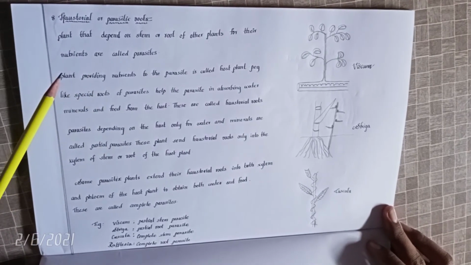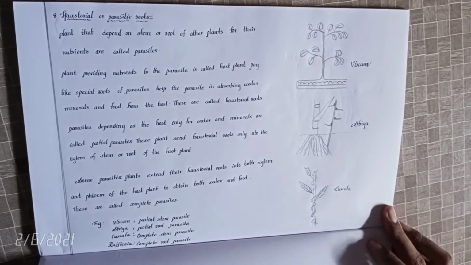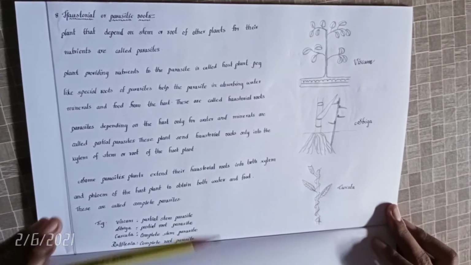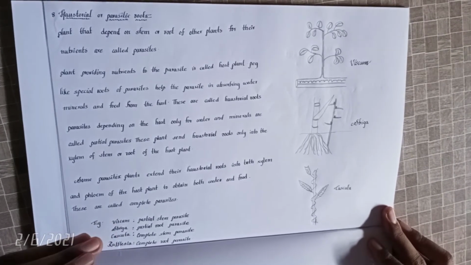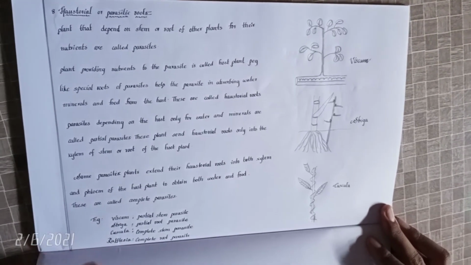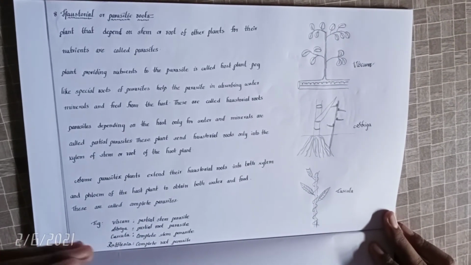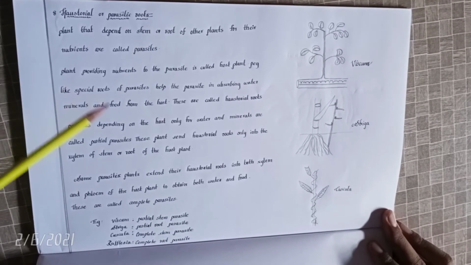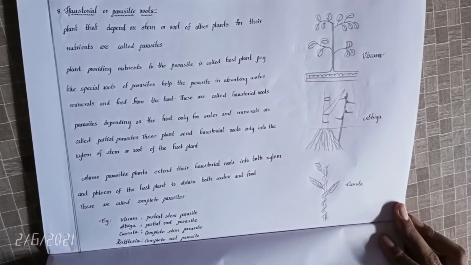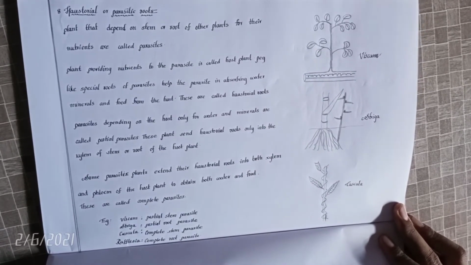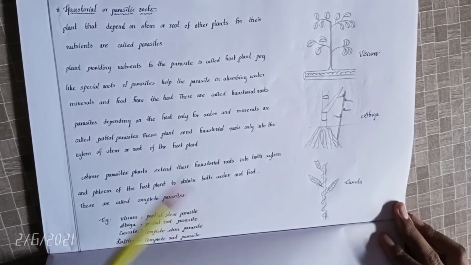Parasites are nothing but, as we studied previously in the epiphytic roots, the plant that depends on the other plant only for shelter is called an epiphyte. But in this root modification, the plants that depend on the stem or root of other plants for their nutrients are called parasites. The plant providing nutrients to the parasite is called the host plant. We already know that we have two bodies, the host and the parasite, in which the host is severely affected